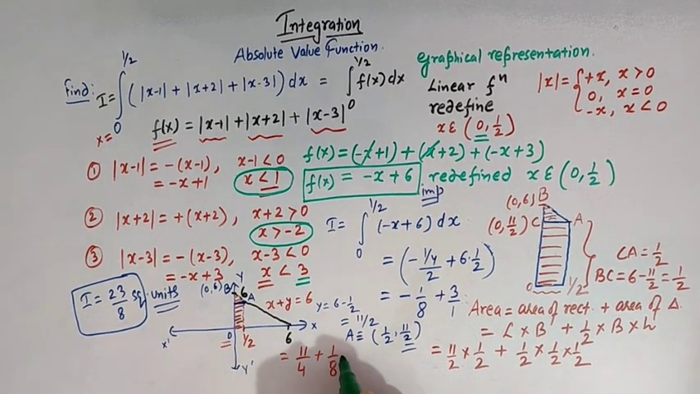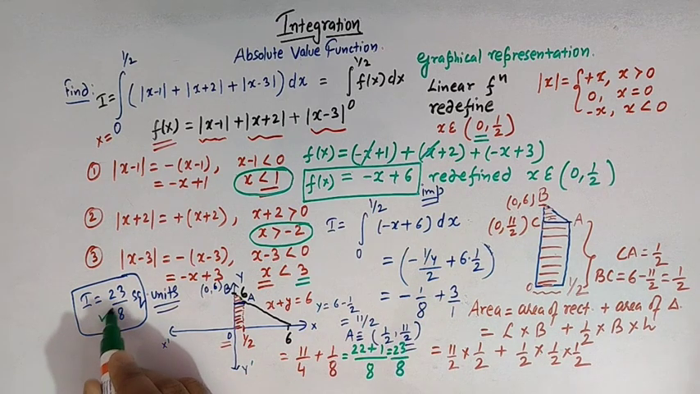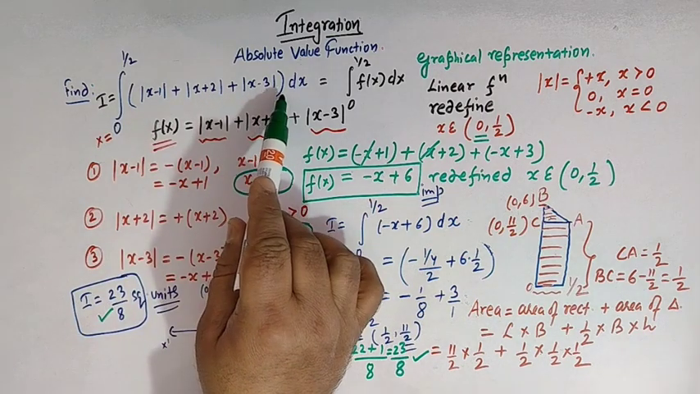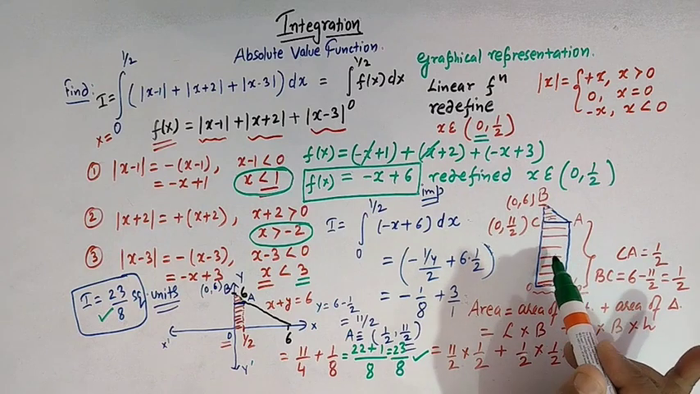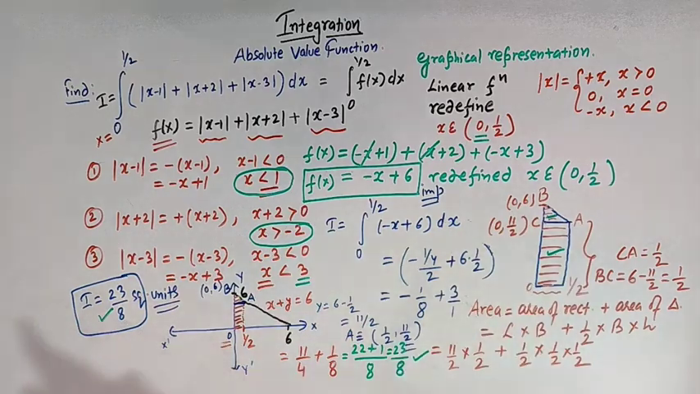So now we can add these two quantities. So the LCM of 4 and 8 is 8. So here 4 twos are 8, so 2 elevens are 22. And here 8 ones are 8 and 1 ones are 1. So we have 23 over 8, which is the same as this area, right? So the value of this integral can be verified by adding the areas of this rectangle and this triangle, right? So viewers, this is